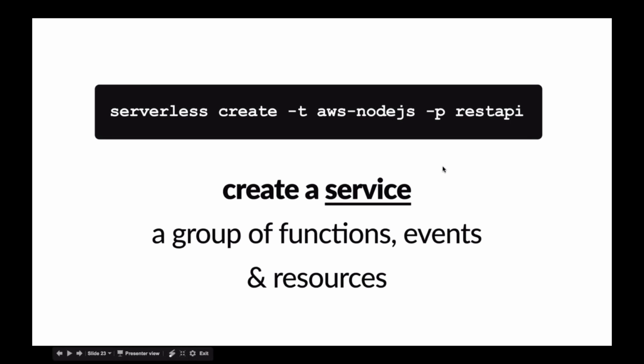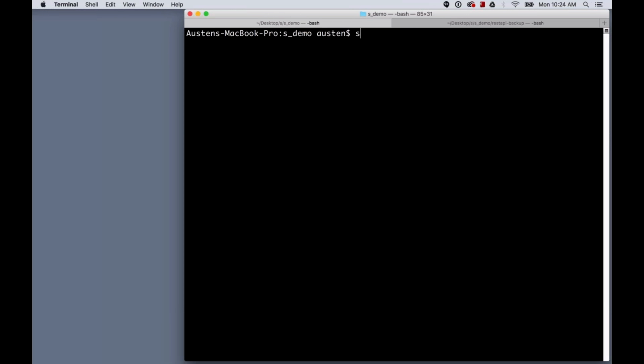Whenever you create a large serverless architecture as a single project, it definitely creates blocking issues, especially if you're working in a large team. If you're working by yourself, definitely just create one of these services and use it as a project. But if you're working in a large team, a project is usually going to consist of multiple services, which again are just groups of functions, events, and their resources. So instead of just talking about it, I'll create one real quick.